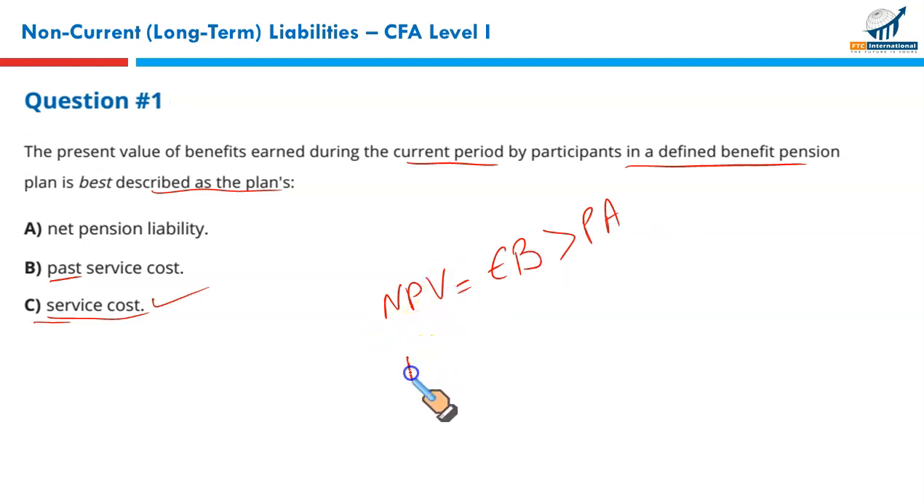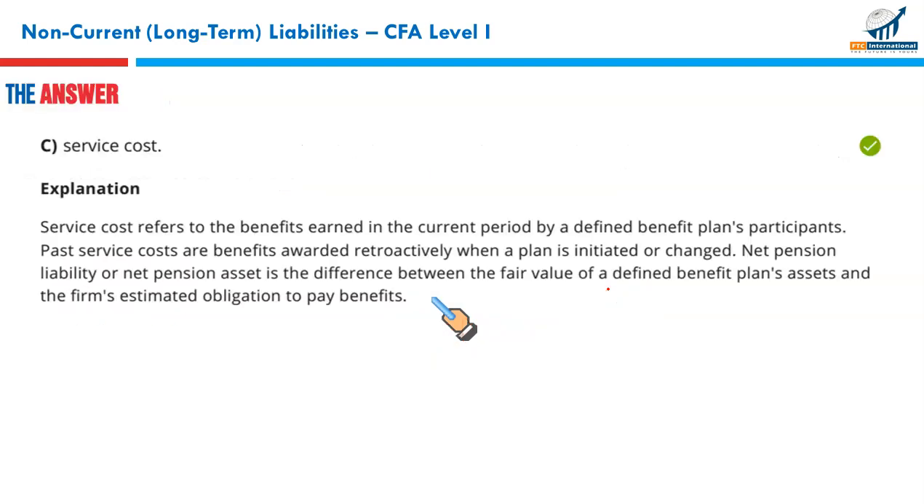What about the net pension asset? It is the other way around, when the plan assets are more than the expected benefits of the pension plan. So C is the correct option. Next,